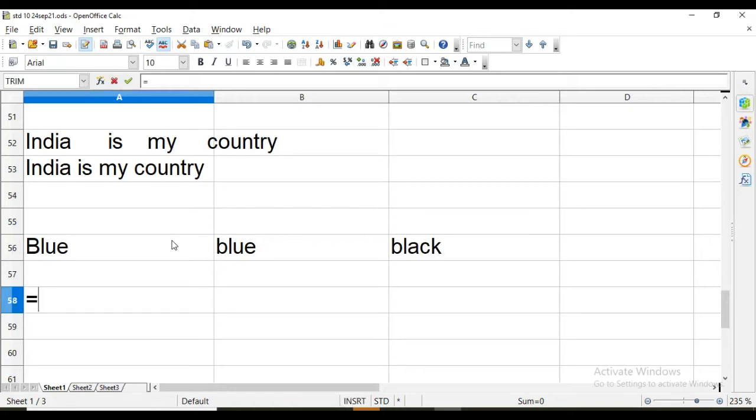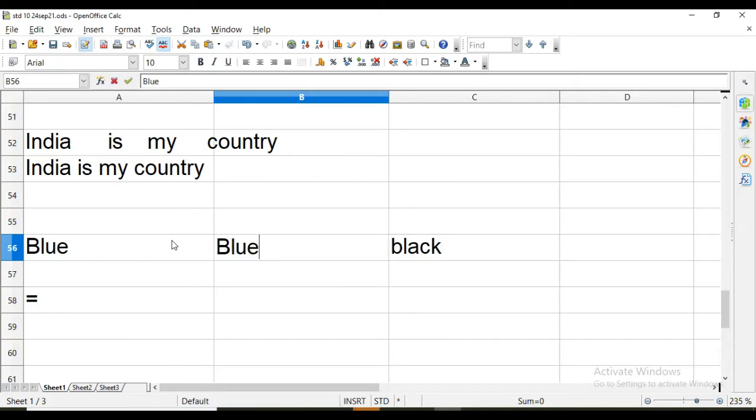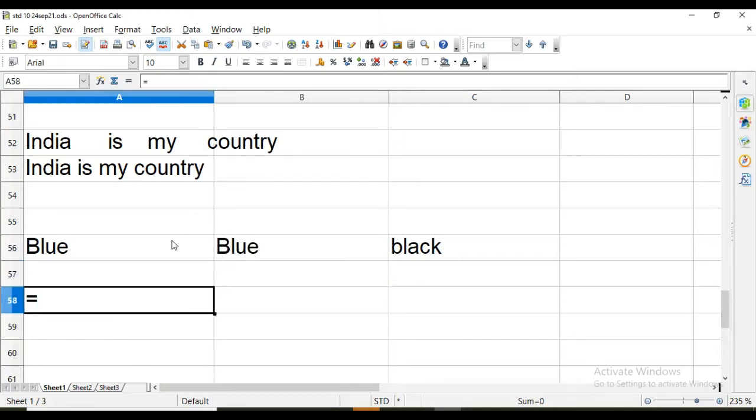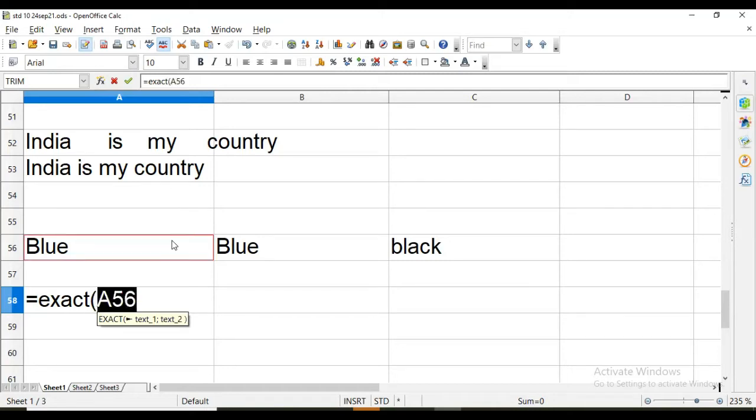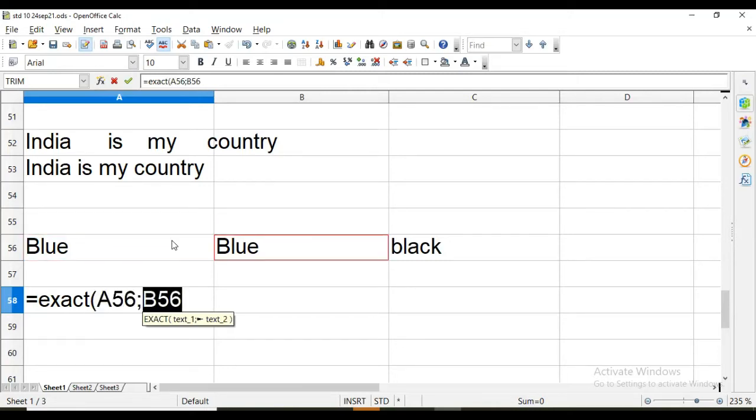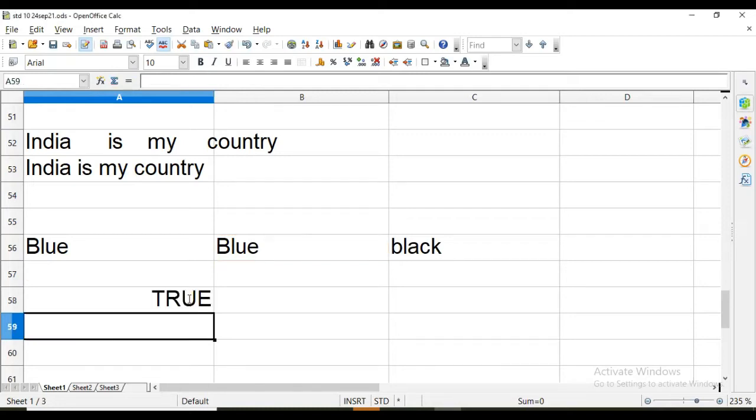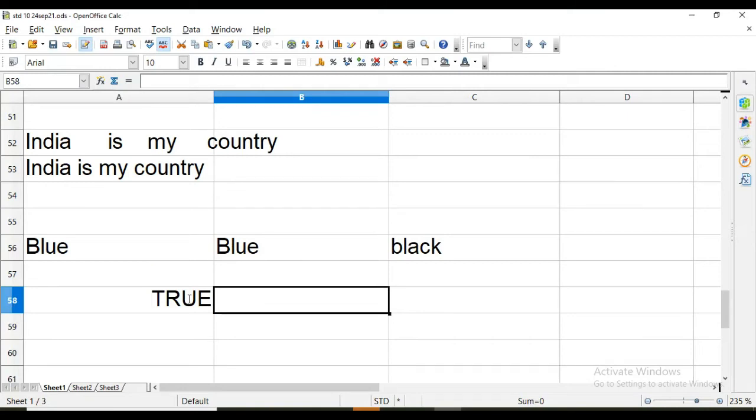To compare whether two different values are the same or not, we use EXACT, then in parenthesis the first value, semicolon, the second value that we want to compare, and close the parenthesis. Now we are comparing these two, blue and blue. It will return TRUE if both are the same, and if both are different, then FALSE.